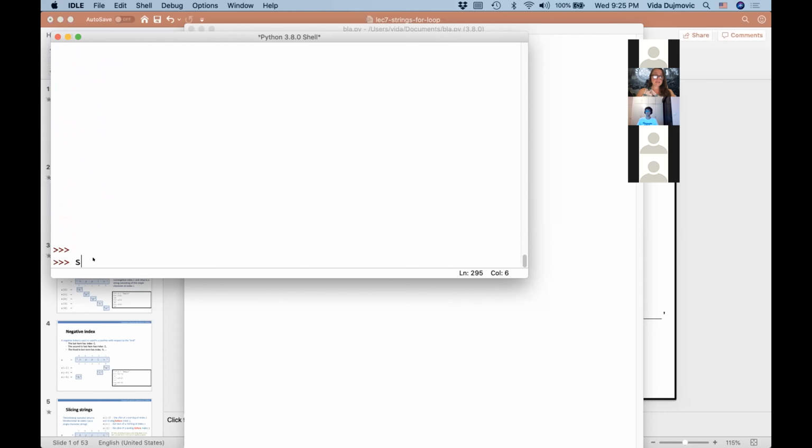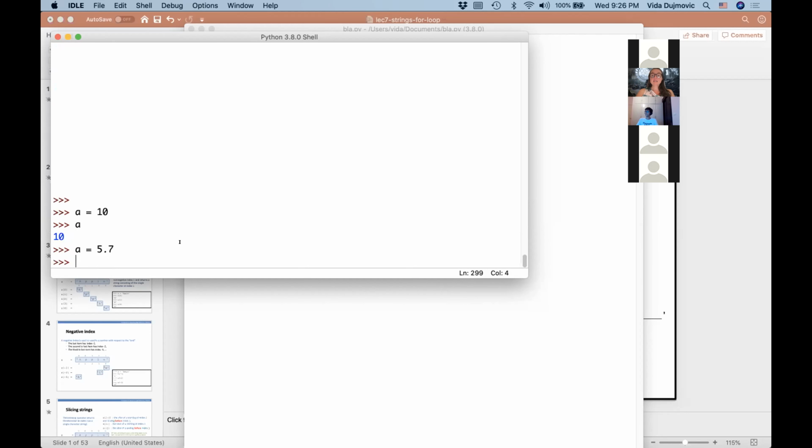So you saw that if you assign a number to a variable, it doesn't matter if it's an integer or not, that variable holds a number, and we can change it. We can give it even a different type.